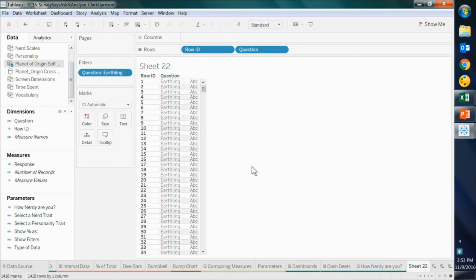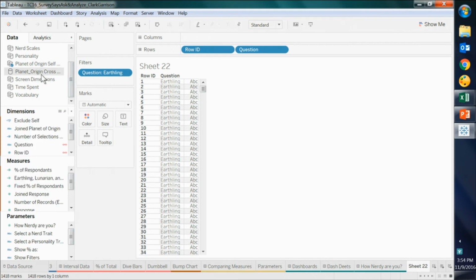So rather than having it narrow down and limit it in that way, what I want to do is join the data back to itself. So I have another column with that same information. So if I narrow down my Earthling data, my second column that just repeats that information shows everything else selected along with it. This is one of the reasons I like doing this as extracts, particularly with the new cross-database joins. If I need to do this across multiple different questions, I can use the cross-database join to bring it together from different extracts. If I have just one table, then I can go in, and let me go ahead